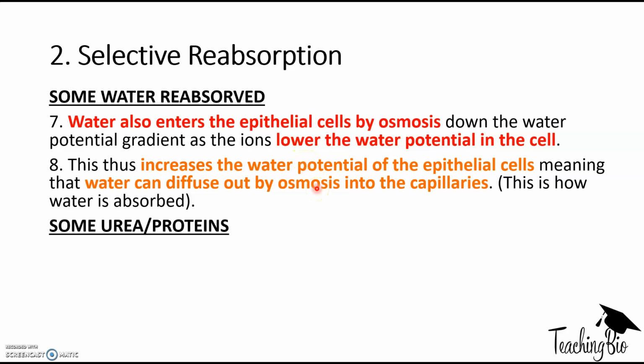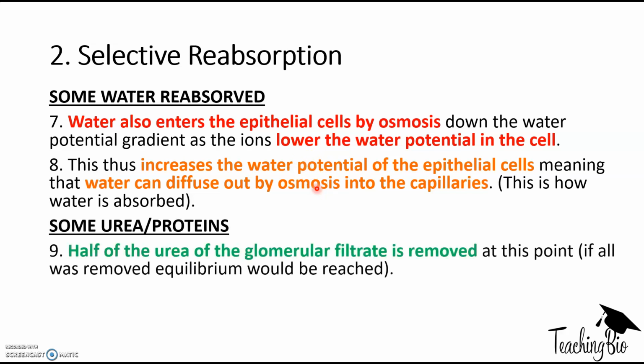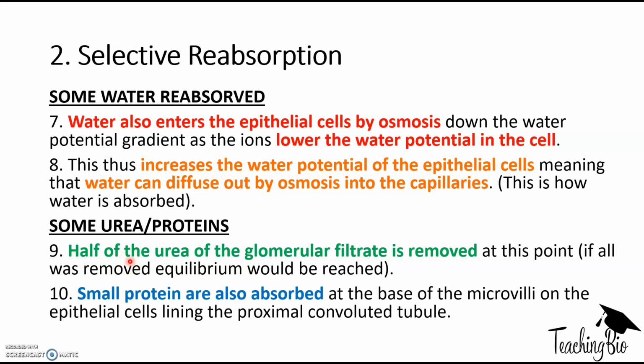We also reabsorb some urea and proteins. So we reabsorb half of the urea. It's important we only get half because we need to reabsorb the other half much later on. And then small proteins can be reabsorbed at the base of the epithelial